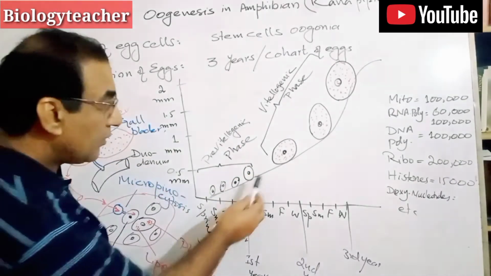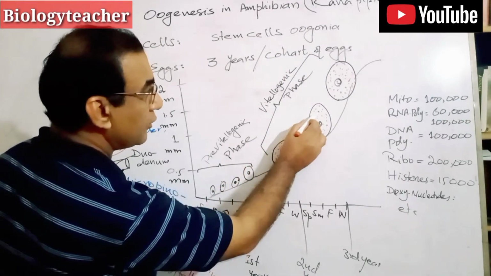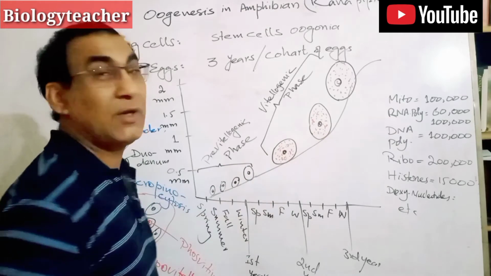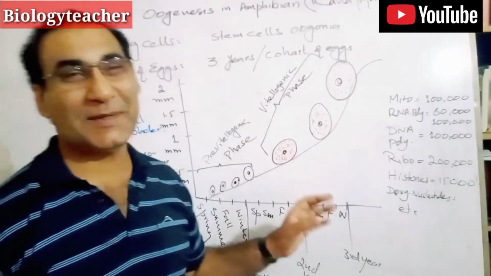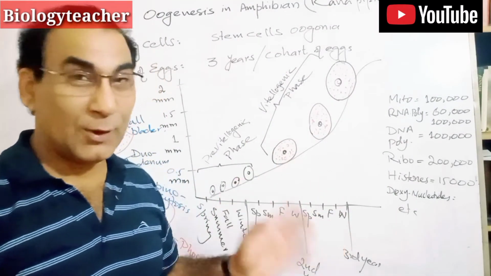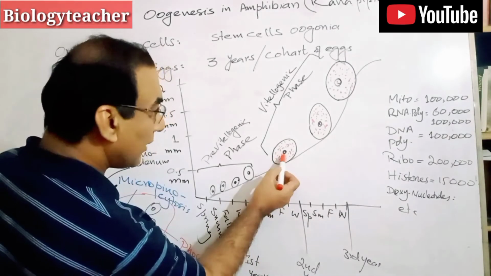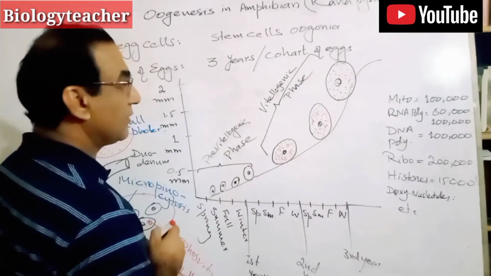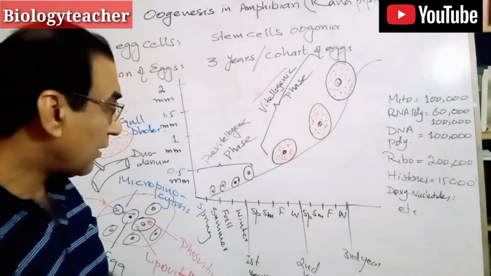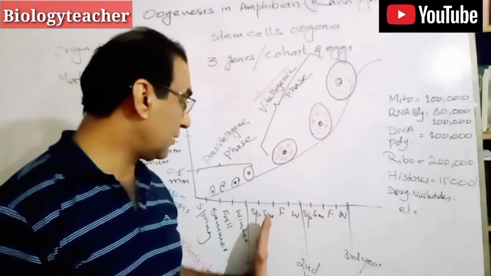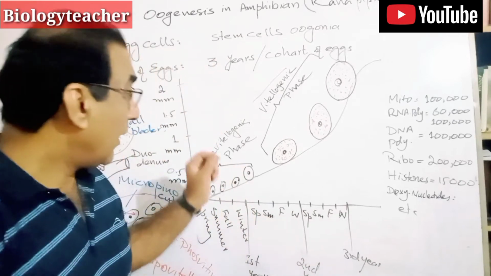Here I have tried to show the yolk in red color, although it is yellowish. In this phase, which lasts the second and third year,